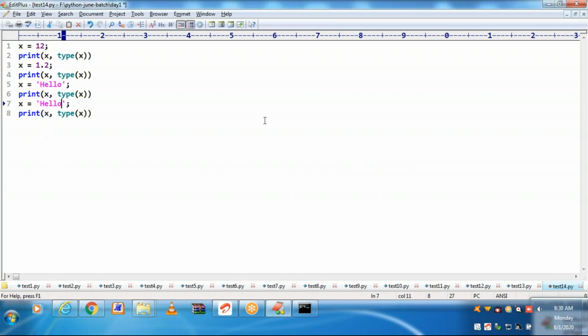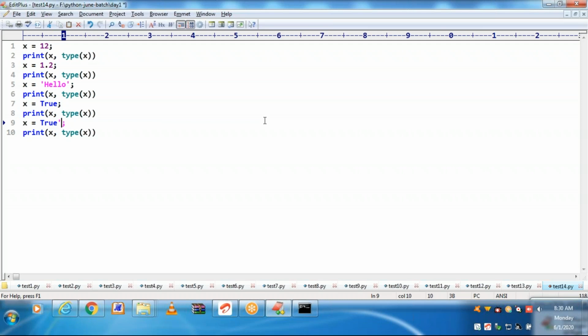Let me go for Boolean. Through the type function, we can understand what is the data type of a variable in the current statement. In the current statement, what is the data type? Let us run.